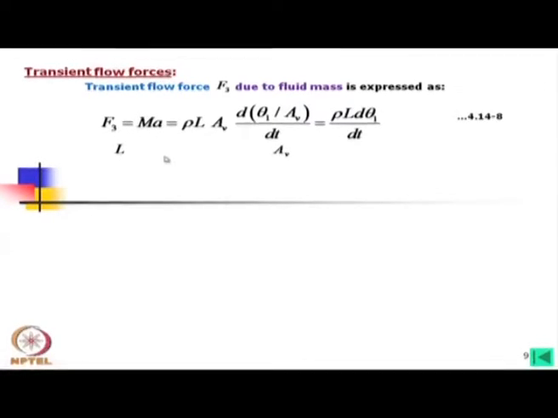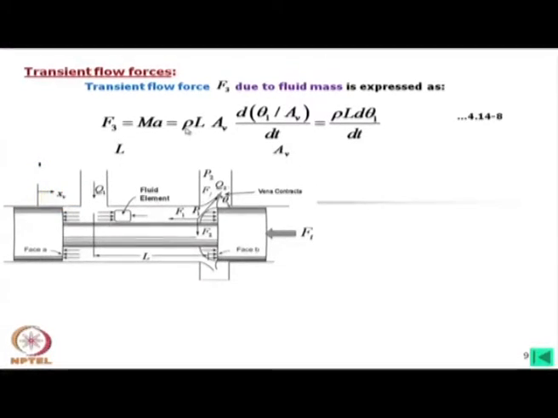This is the general form I have written, and that mass and acceleration can be expressed in this form. Here rho is the mass density, and this is the length we have considered, that is the fluid inside the spool chamber, and AV is the spool land area, and then